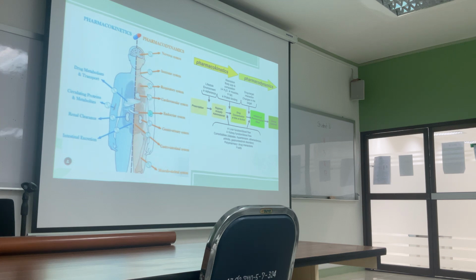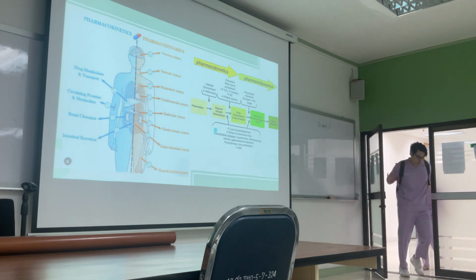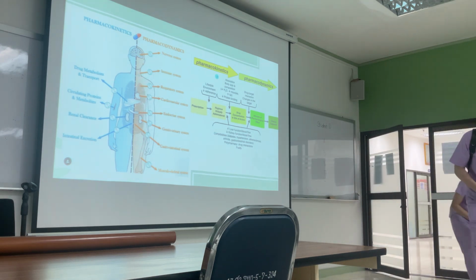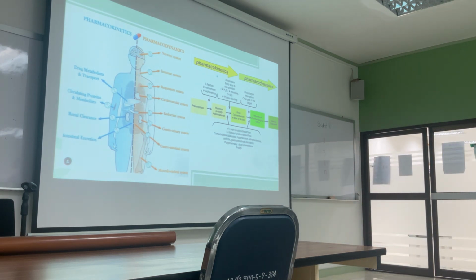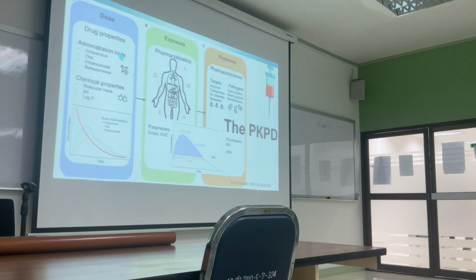However, there are a lot of factors that can be associated with the prediction of the pharmacokinetics and pharmacodynamics of the medication that you administer or prescribe to patients, and we are going to talk more about that. And this is another example of what I am trying